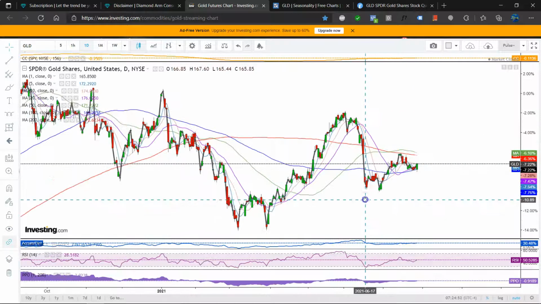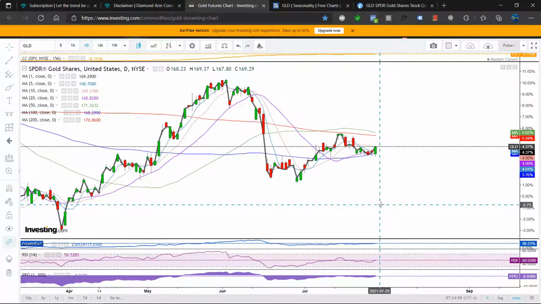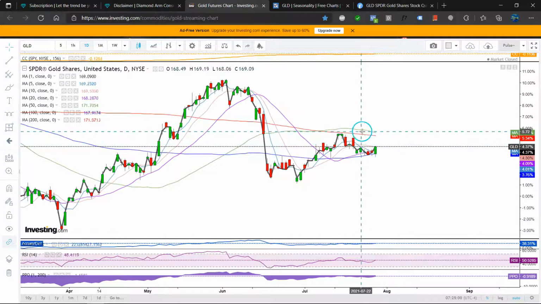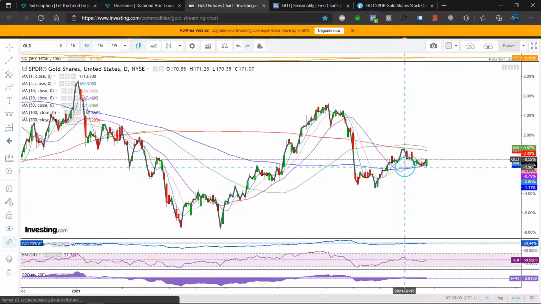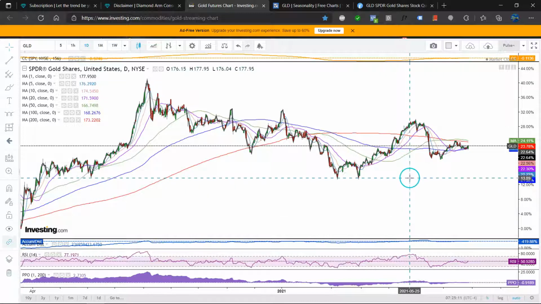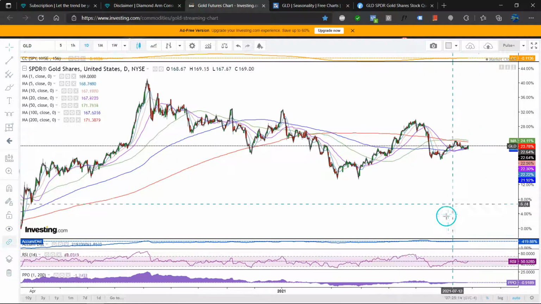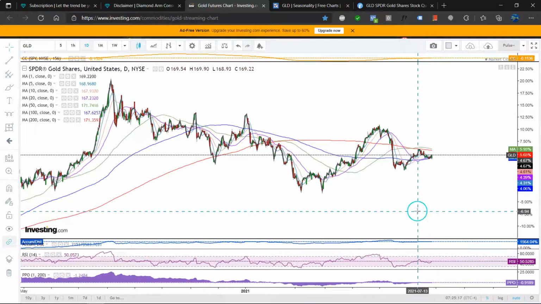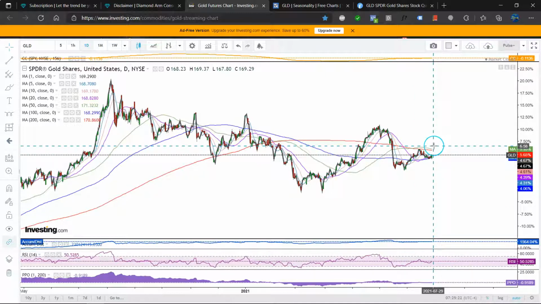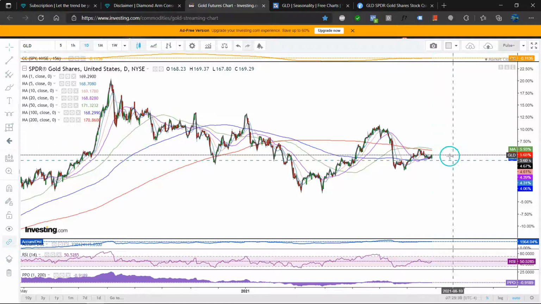The good news is that, in terms of getting over them, the red 200-day moving average and the 50-day moving average are pointing downwards, which makes it easier to get above them. In the bigger picture, it certainly is not a good thing to be faced with a declining 200-day moving average, because that is technically a bearish setup. So it's a bit of a conflicting thing where, yes, it is a bullish signal to get above them, but the context in which we get above them is not ideal.